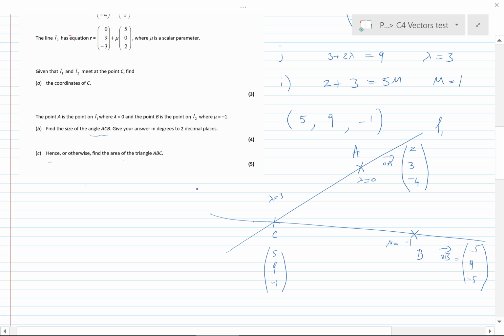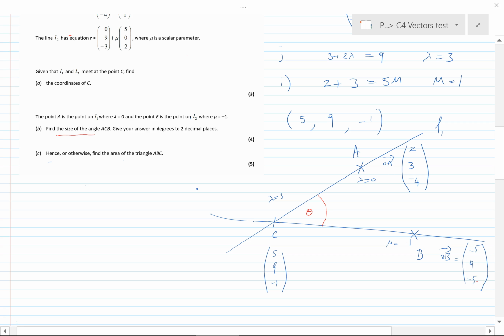And what we're being asked for is the angle between them, let's call it theta. Now we know easily how to find the angle between two lines. It hasn't asked for the acute angle here, so we have to allow for the fact that it could be obtuse, and we need to be careful. What most students did, that is marked on this, is they found the difference between this vector and this vector, and then this vector and this vector, and worked with that,